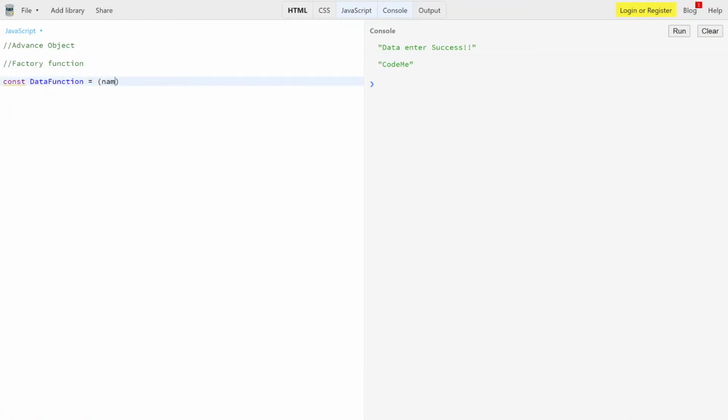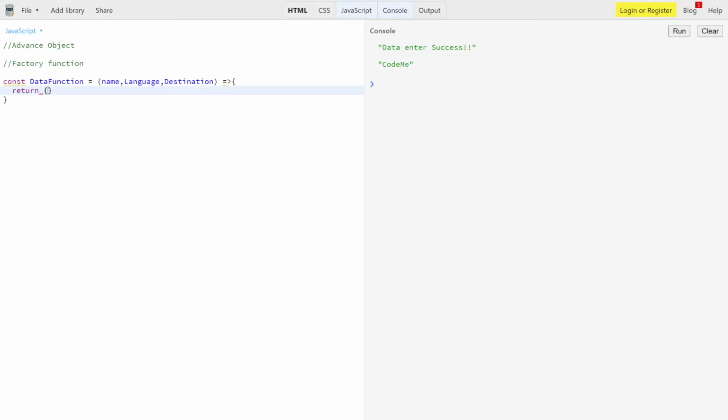Say I want input parameter name, and then we have language, and say I want destination, and that's it. So we are using the arrow function, which is a feature available only in the ES6 version,